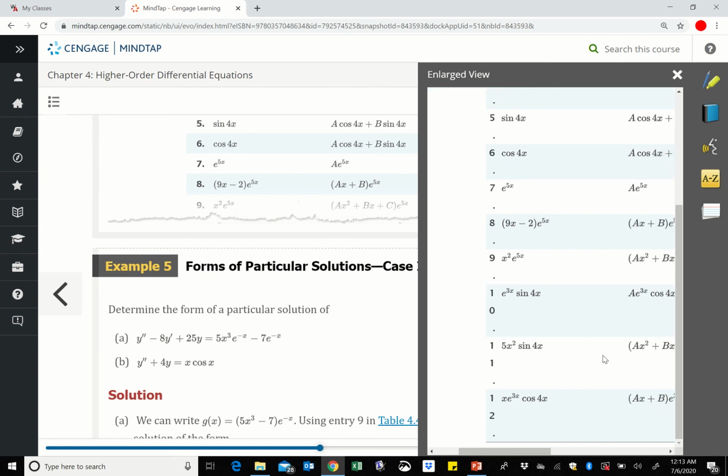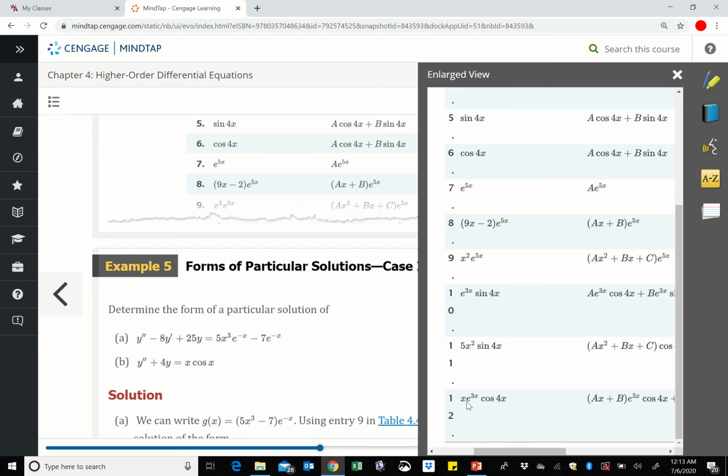And then about as crazy as we're going to get in this section, if you had something like a polynomial times an exponential times a cosine, and again, this could be x squared, x cubed, then it gets really, really long. You get super long systems, things where you would probably end up needing a computer algebra system to solve or a graphing calculator. Probably would end up doing matrices at that point. But the general solution of this form would look like